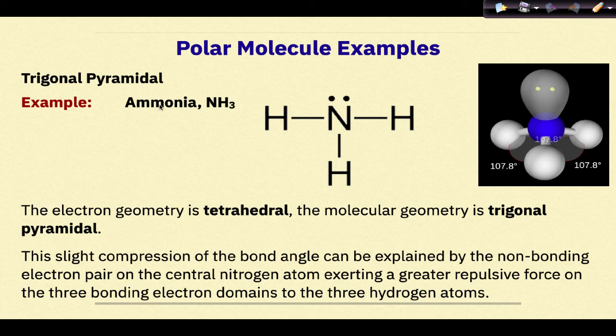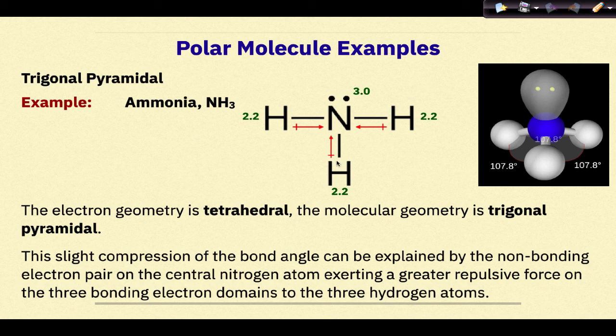We'll move on to our next example, which is ammonia, NH3, which has a trigonal pyramidal molecular geometry. The first thing that we'll do is assign electronegativity values. So the hydrogens are 2.2 and the nitrogen is 3.0. From these electronegativity values, we can determine that our bonds are polar covalent. Then we'll use our polarity arrows to point from the less electronegative to the more electronegative element, so the hydrogen to the nitrogen. And we can see that these bond polarity arrows do not all cancel each other out, so